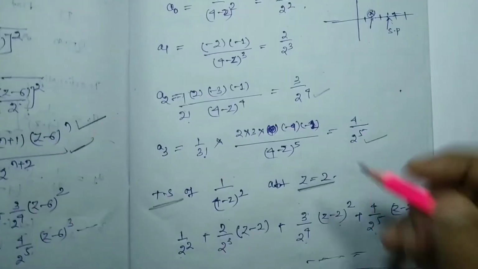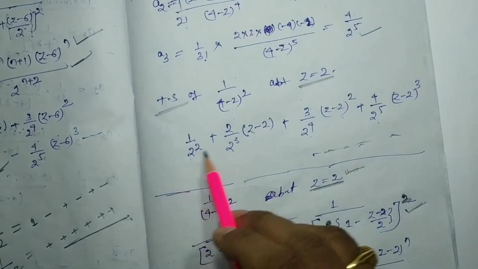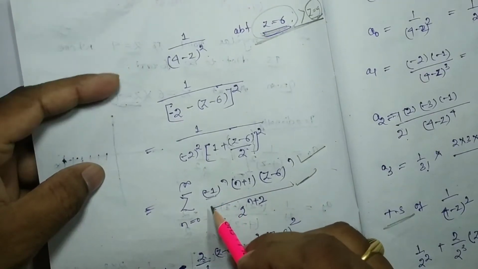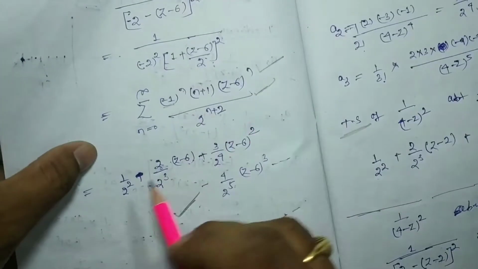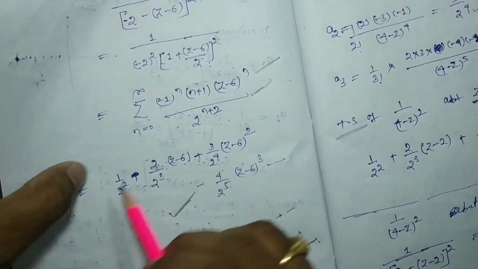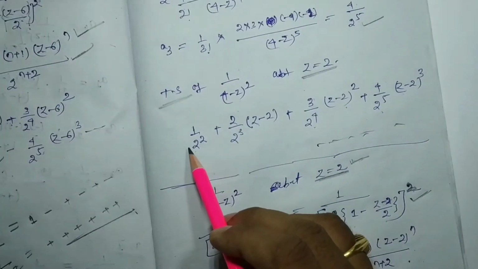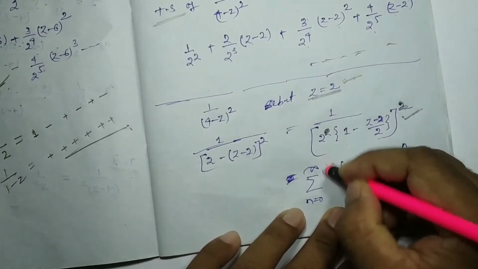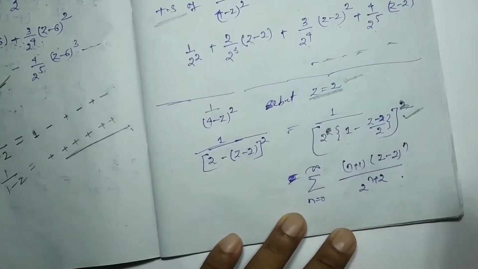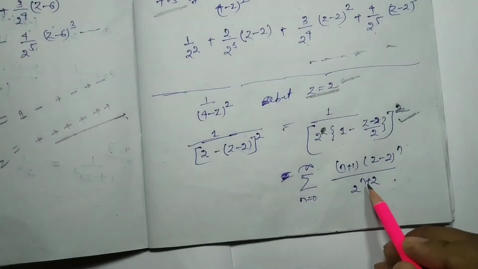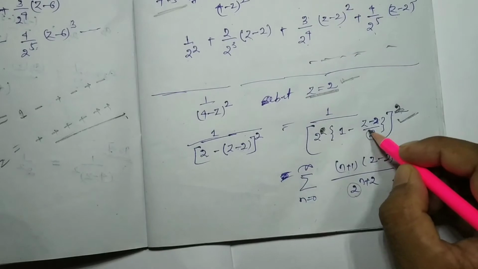So from the traditional method that we have done, we also got all the terms positive. Here, in the earlier case we had minus 1 to the power n, because the alternate terms are first term positive, second term negative, third term positive, like that. But here all the terms are positive, so this minus 1 to the power n is not to be considered, right? But n plus 1 will be there, z minus 2 to the power n, 2 to the power n plus 2. Here 2 is the division factor you have to consider.